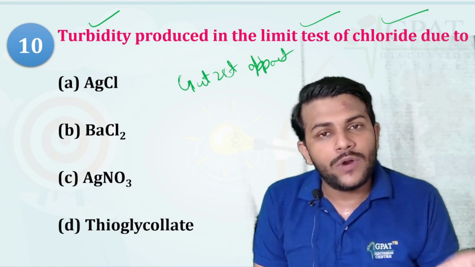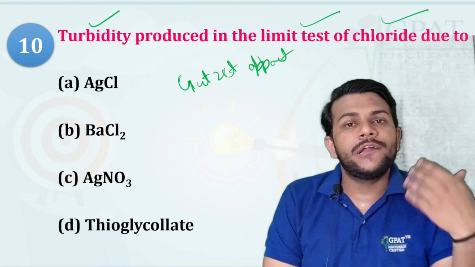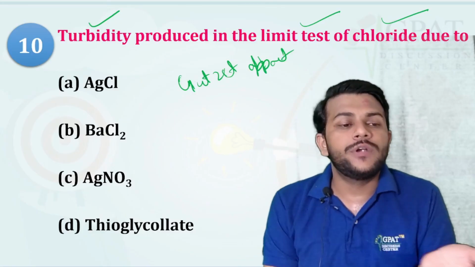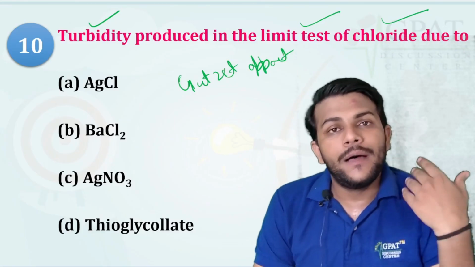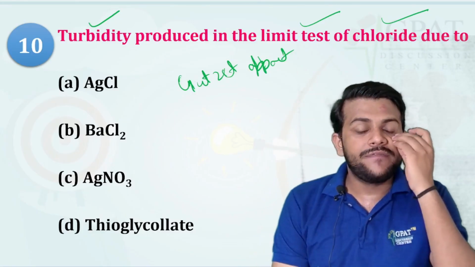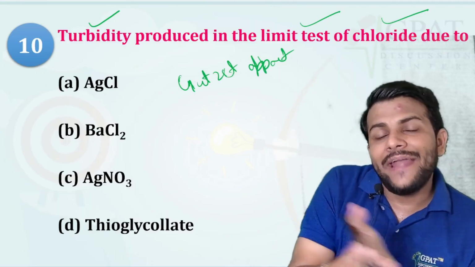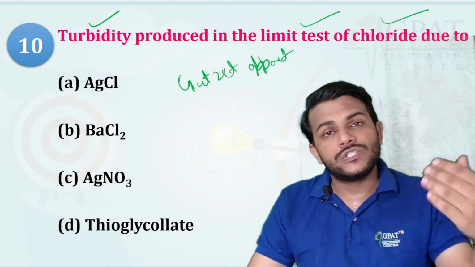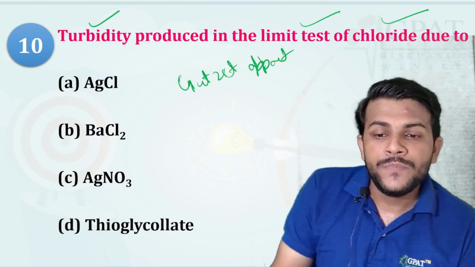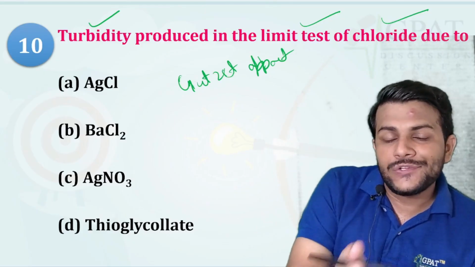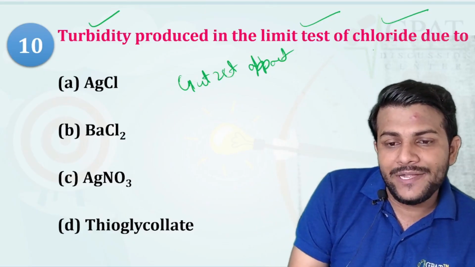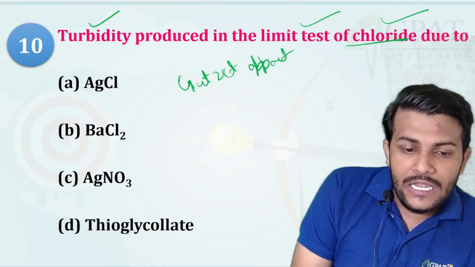Then we have the chloride limit test, in which the turbidity is checked transversely, horizontally, against a dark background. Sulfate is also like that, with the end result as turbidity, whereas in the case of iron there is a color production. So the simple and straightforward answer to this question: turbidity produced in the limit test of chloride is due to the